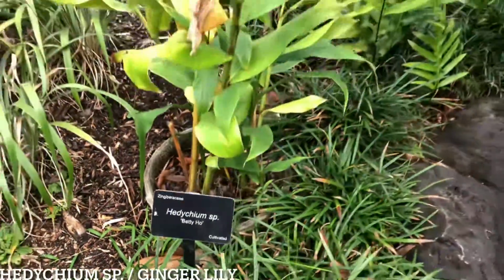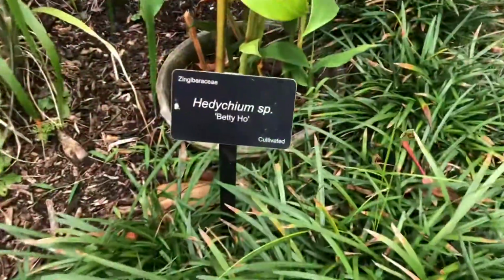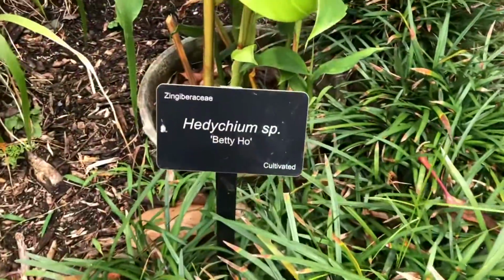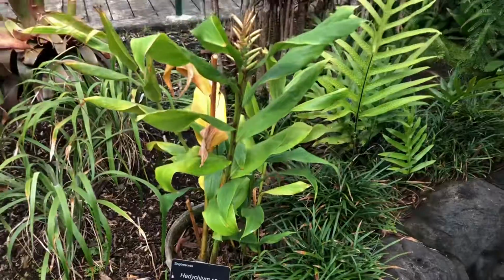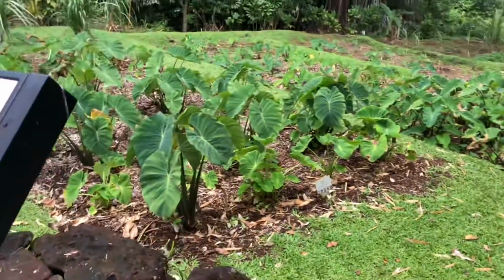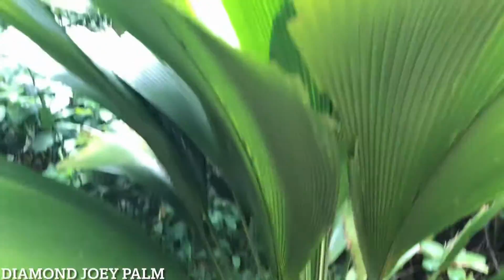Hedychium, or the ginger lily, is of the Zingiberaceae family. It's an herbaceous perennial, and like other gingers, they have rhizomes, a modified stem that grows underground. Colocasia esculenta, or the taro, is a staple crop, and there are over 300 varieties. This is the diamond joey palm, or the